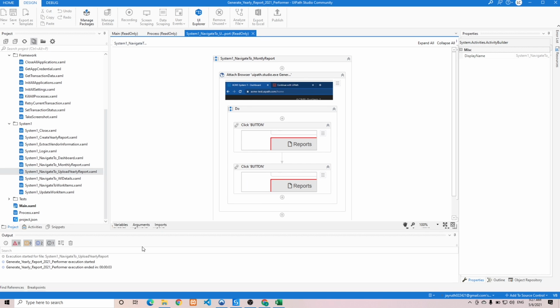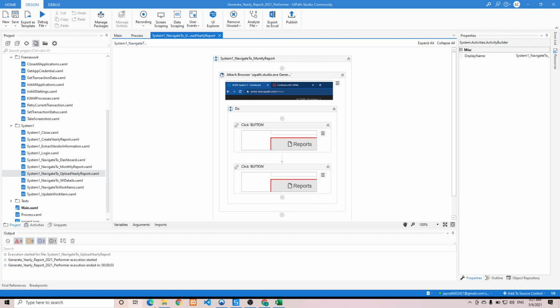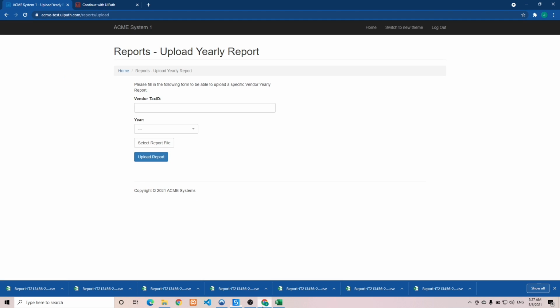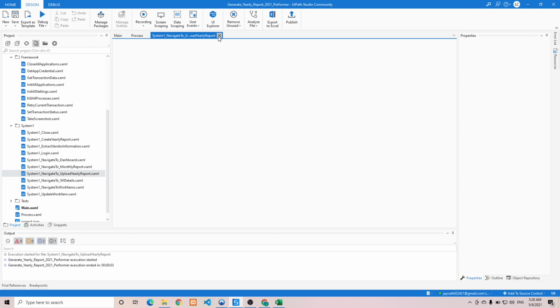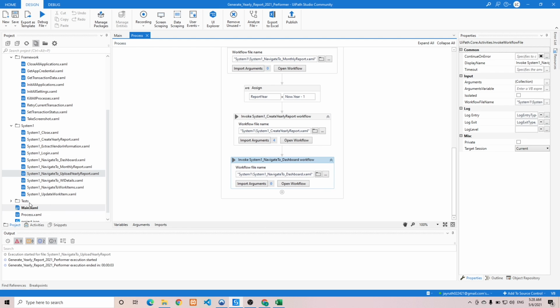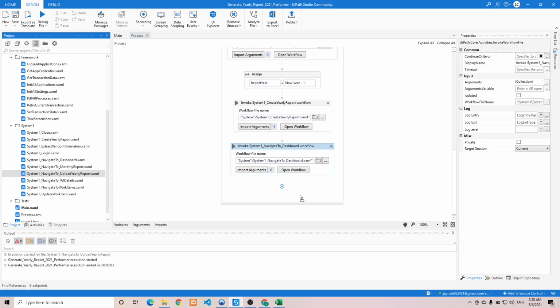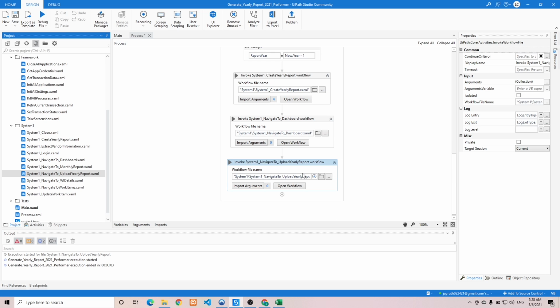Okay, still working. Yep. Alright, now let's save that, and on the process workflow we need to invoke that, and there's no argument needed in there. And the next thing is